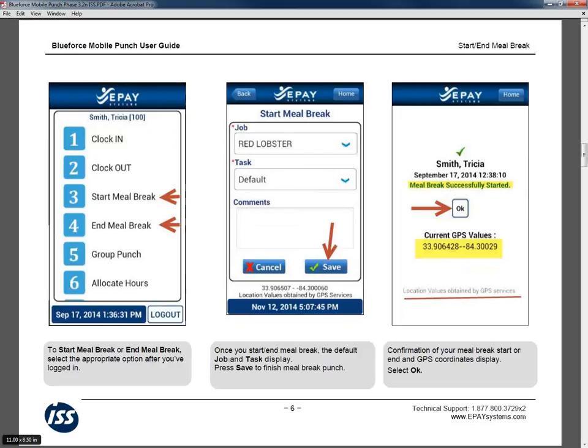The group punch options are a little different. If you look here on the left-hand side, there are options 1 through 5, and you'll see that number 5 now is the group punch option, and I'll show you a little bit more of that here momentarily. Now, options 3 and 4 here, you'll notice also is start meal break and end meal break. If the employee is required to punch in and punch out for lunch, meaning that we have no automatic lunch deductions, or they have no requirement,